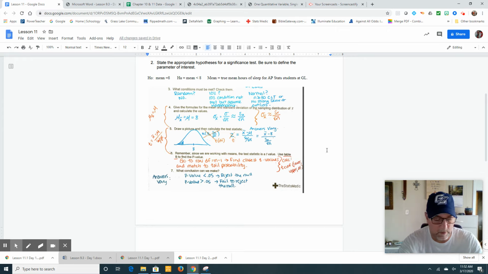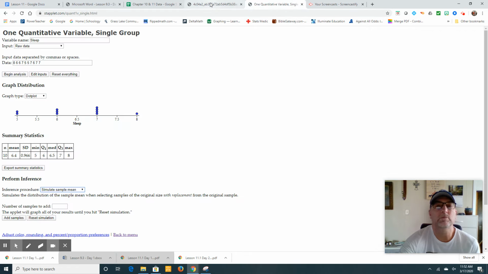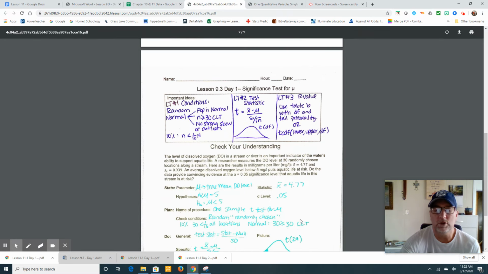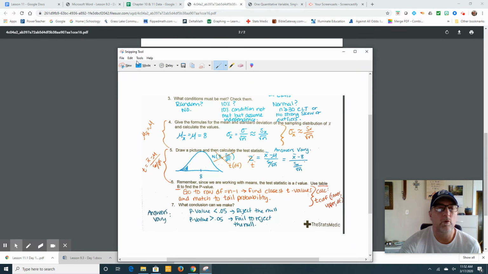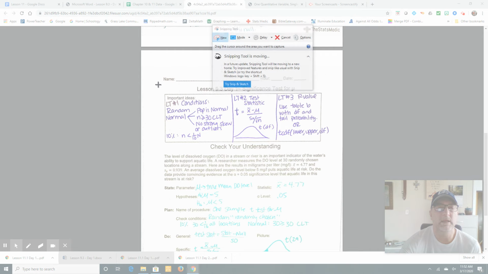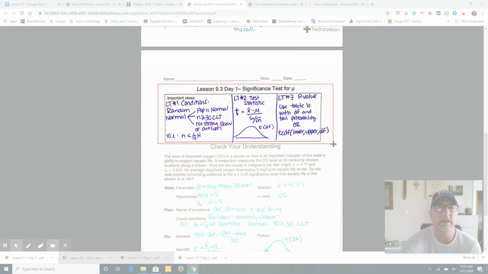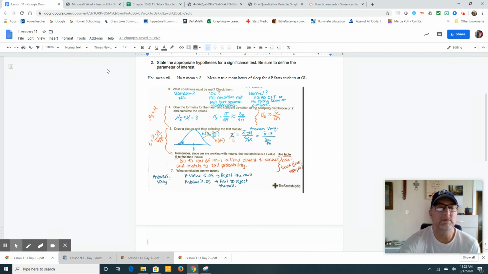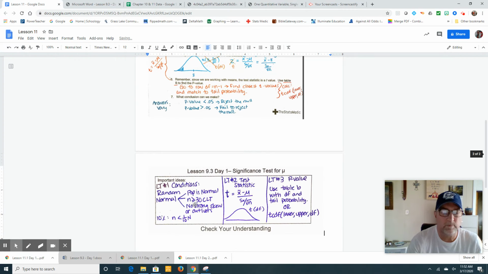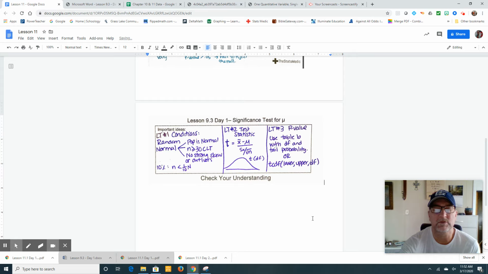All right, so here's our main ideas then, but a reminder that here you have t is equal to x bar minus mu. So basically it's almost the same formula as for z. All right. So when we look at our notes for today's lesson, and this was before they updated it, so